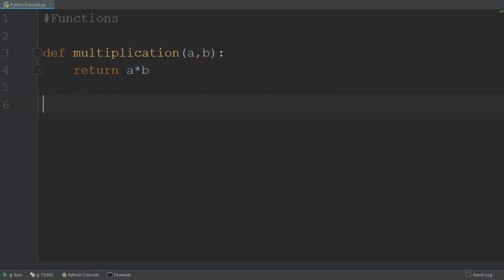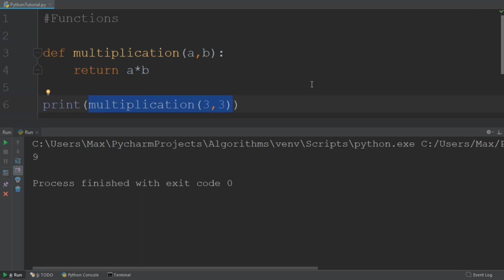So now if I go ahead and print the multiplication and then pass in 2 values such as 3 and 3, it's going to multiply them together, it will then execute this function, the value of the multiplication will be returned, and then this will print out the multiplication of the 2 values. But now you might say, well, that would work without the return keyword. And that is exactly the point, which is if we delete the return keyword and try and run this again,